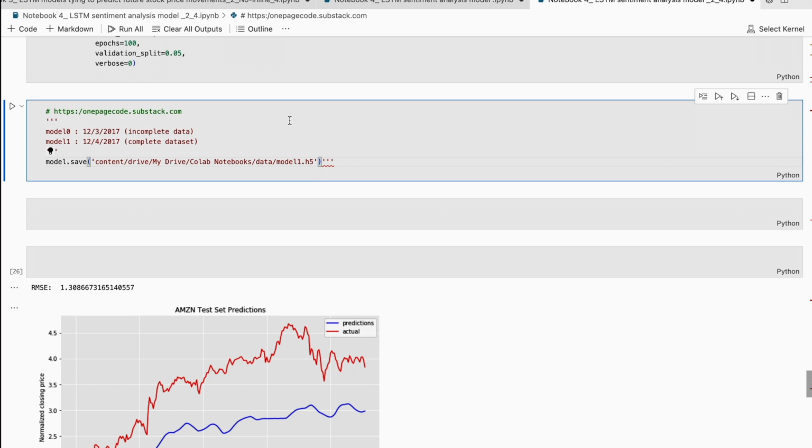Model.save, content/drive/my drive/collab notebooks/data/model1.h5 is the actual code for saving the model. The model.save function is used to save the model to a specific location, in this case, the content/drive/my drive/collab notebooks/data folder. The model1.h5 in the parentheses is the name of the file that will be saved, and